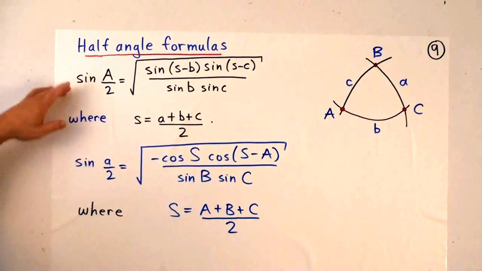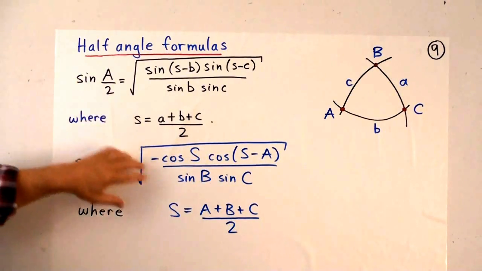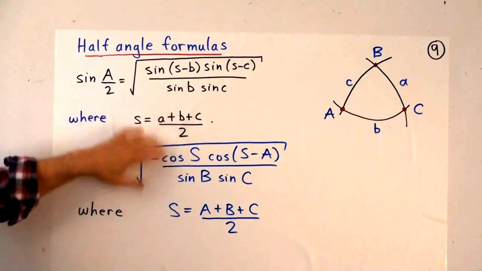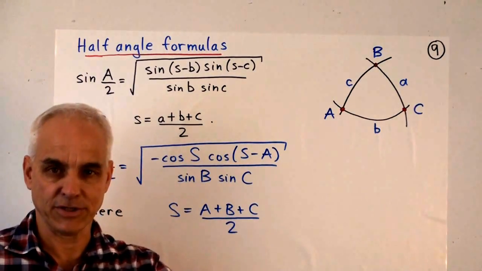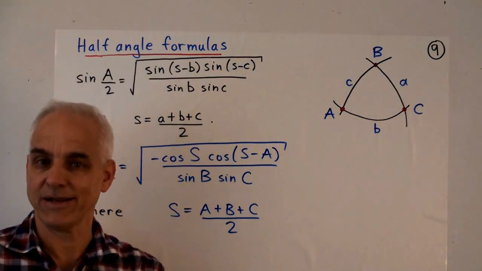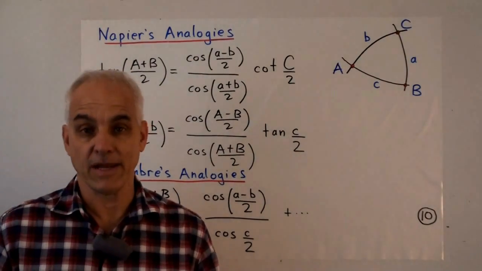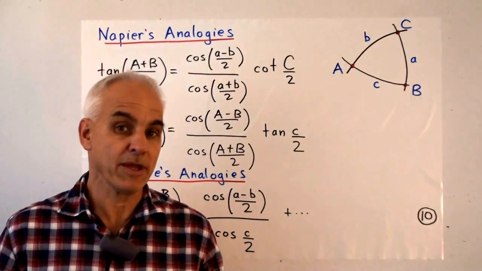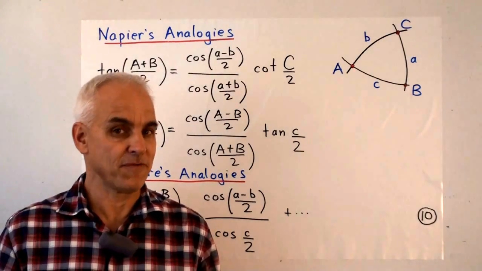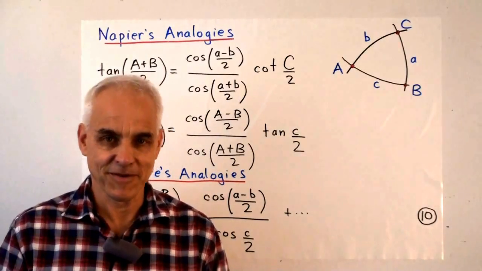You can see here again some kind of similarity between the capitals and the little letters, but there is still some reasonable difference between the two forms. The duality between the little letters and the big letters is a partial duality only. There are, of course, many other formulas. Books on spherical astronomy are often full of lovely formulas. Some of them are a bit complicated.